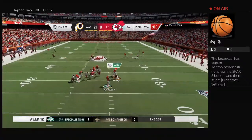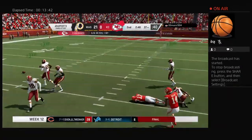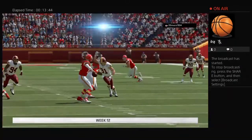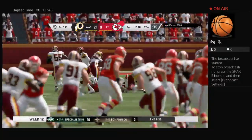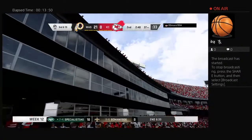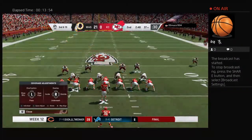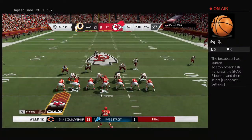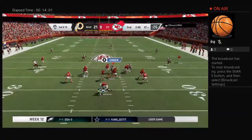Mahomes now to throw. And that will be incomplete. Tried to dial up the long one way out there, but it'll be 3rd down. Well, he'd been targeted quite a bit on this drive, and finally I think the guys on the defensive side said no more. They slapped the double coverage on him, made it very tough for him to get the ball. An incomplete pass on that last play, and that means they'll need to come up with...